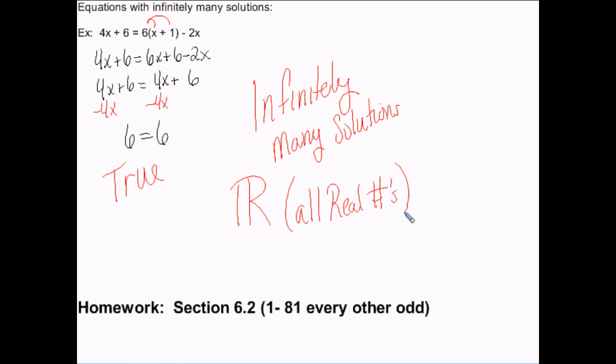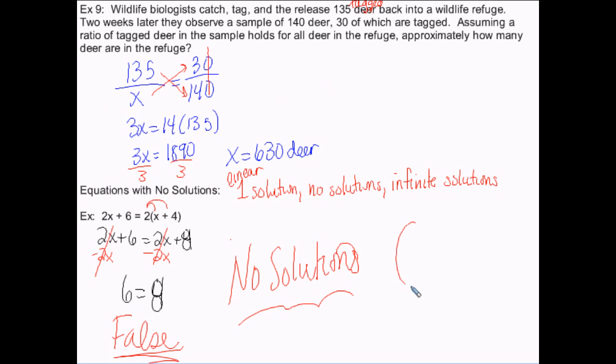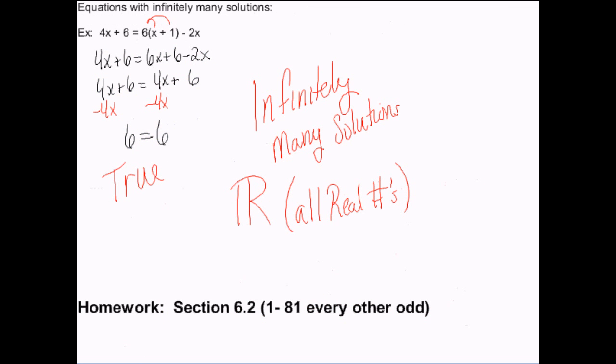Oh, actually, let me go back. When you get no solutions, you can put this symbol, which means the empty set, which means there are no solutions. So you don't have to write no solutions. You can just make that. This is not a 0. This is a 0. That's not a 0. And this double R thing means all real numbers. So every solution. Okay. What we're going to do is I'm going to go ahead